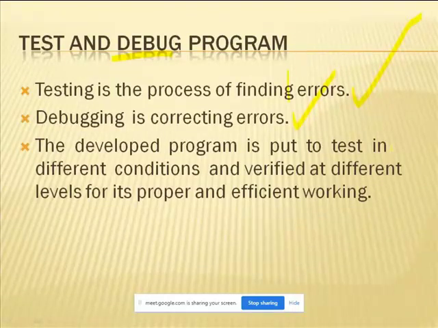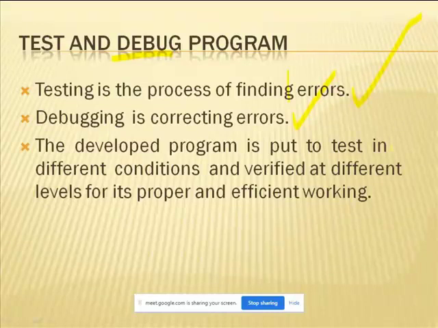At that time the system will not accept it, because as you mentioned here, instead of x you have to give only integers, and you don't give any other values. Whatever value you want to give, you have to give between minus infinity and plus infinity only. You should not enter symbols like the dollar symbol or the star symbol, because the program instructs the computer to receive inputs only in the form of integers. That is the condition you have written in the program.